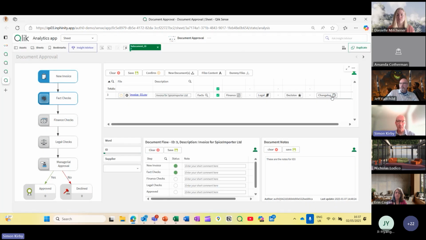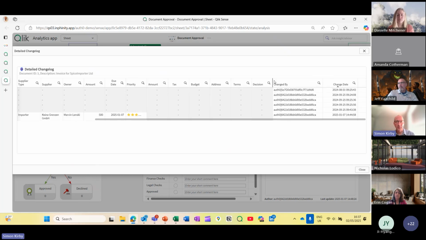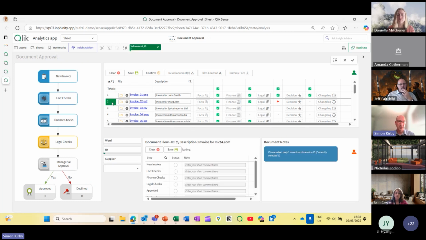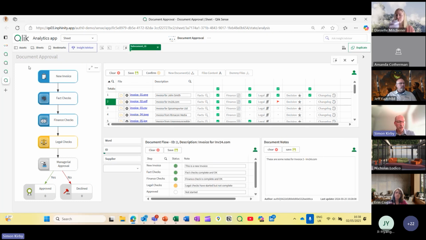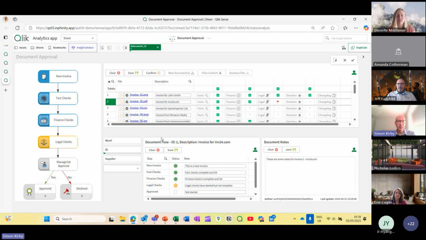They can then make that go green. And then, of course, you get something called a change log, which shows you what the changes were, who made them, and when those changes were made, changed by, change date, and so on, right? So you get this nice change log view of everything. And at the same time, when you select something, as I mentioned, everything is shown to you in this flow object explaining exactly where you are in the progress of that particular form. So that's just a nice way to explain how you might create a review and approval process.